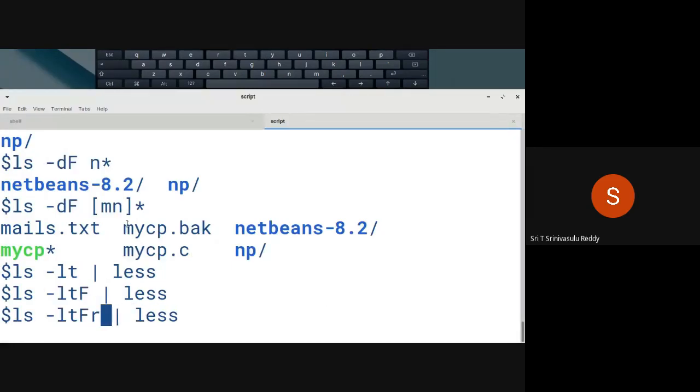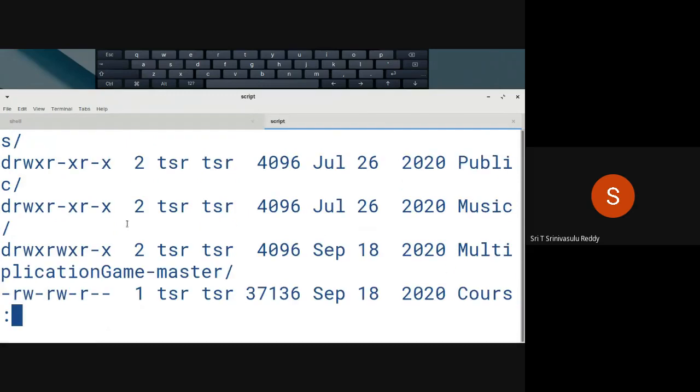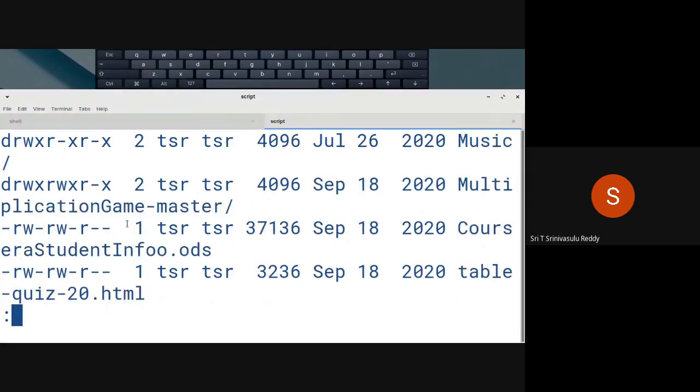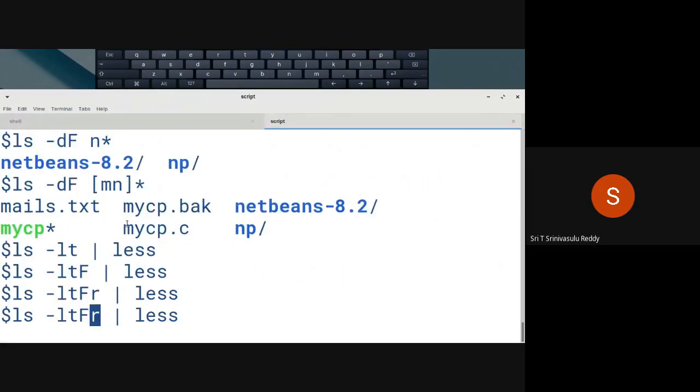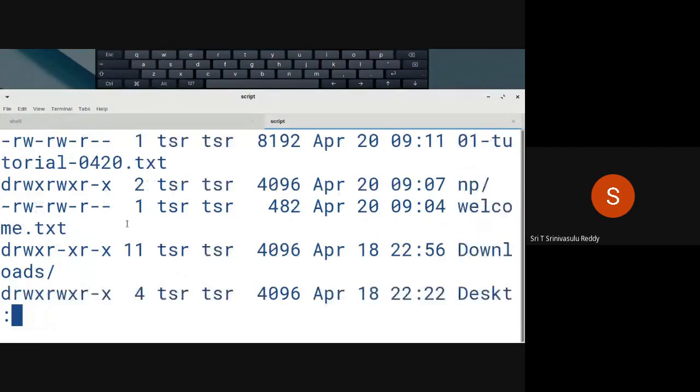There is another option called R also, as you can see, but it is giving all the directories there and all that. Anyhow, when you remove that, LTF straight away gives 01 tutorial, April 20th, 9/11 and all that.